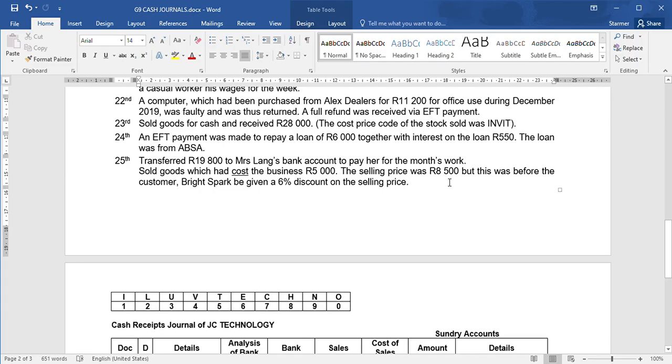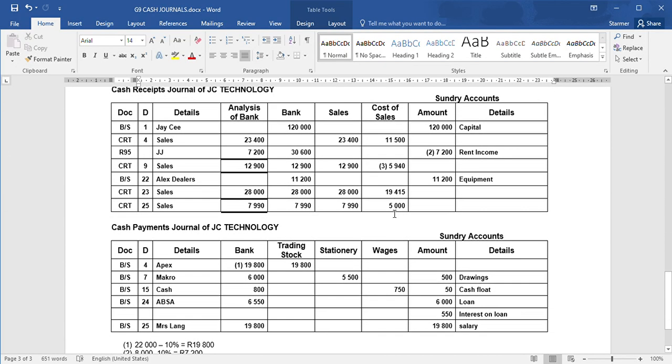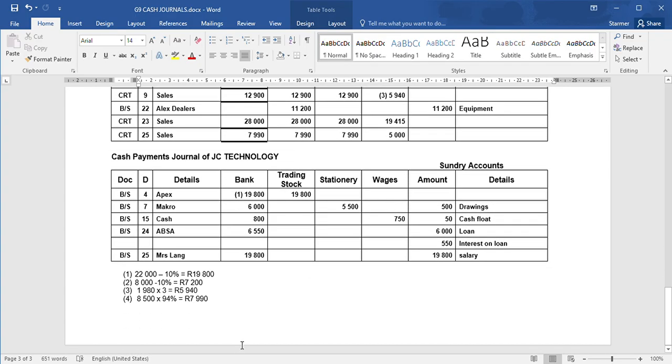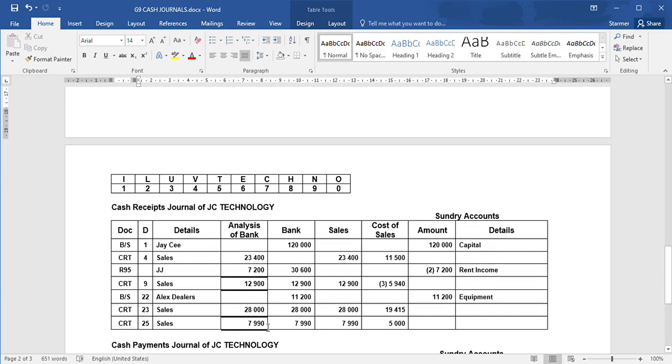Selling price was 8,500, but before we gave them a 6% discount. So the cost price they told you was 5,000. To get the selling price here, you could work out 6% and subtract it from 8,500, but another way of doing it is saying, well, if I give the person 6% discount, what percentage are they paying me? In this case, they're paying me 94%. So I just take the 8,500 and I times by 94% to get to my selling price,